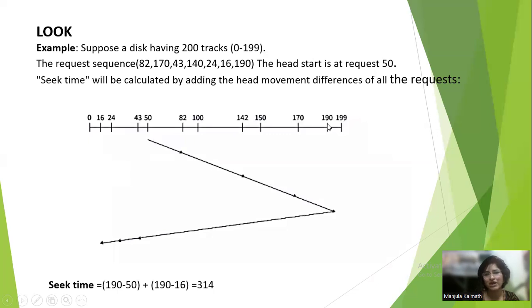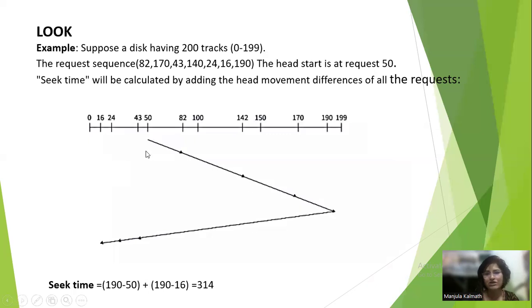The last service is 190. Suppose the last service was 170; only up to that point it will go, and from that point it will reverse back. Only up to the last request it will provide service. That's what we notice here: it is 190 minus 50. In SCAN, it was 199 minus 50, because the rightmost position was taken. Here it is 190 minus 50 plus